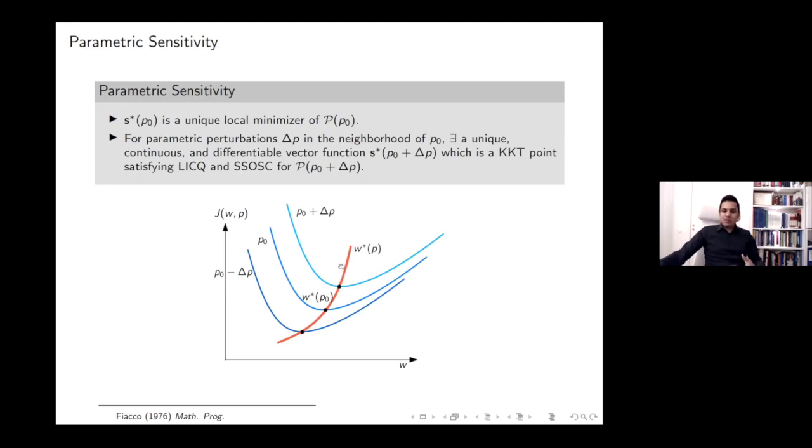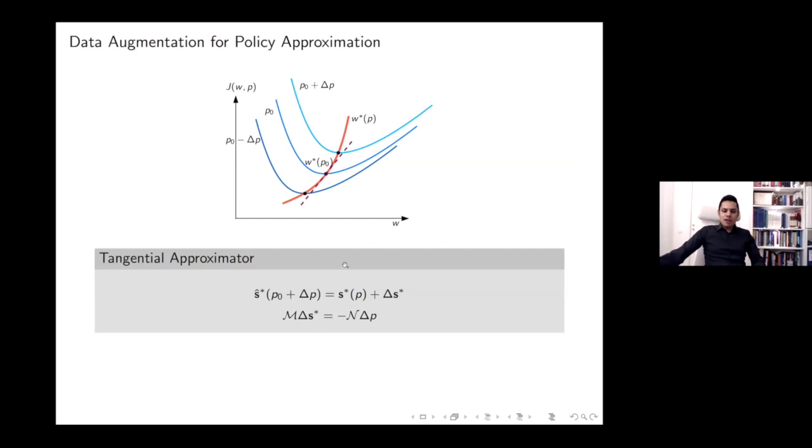And the idea of using parametric sensitivities is that if I have a solution for a given parameter P naught, then I can just linearize this solution manifold and then approximate what the solution would be for different values of P, right? For example, P naught plus or minus delta P, then I can easily approximate the solution from this tangential approximation. So this is typically known as a tangential approximator, which is the simplest form of sensitivity